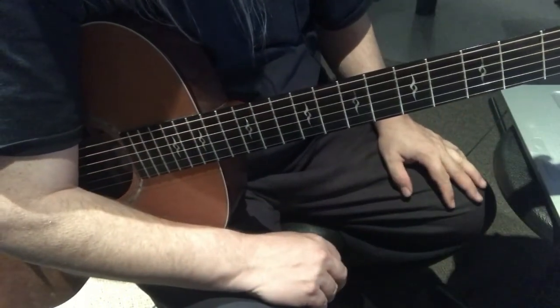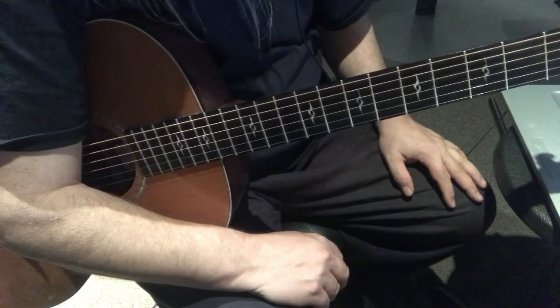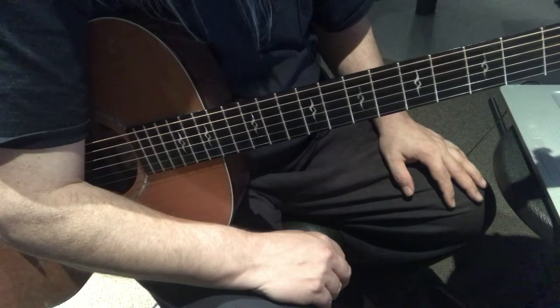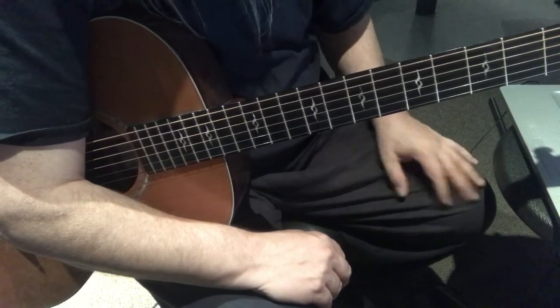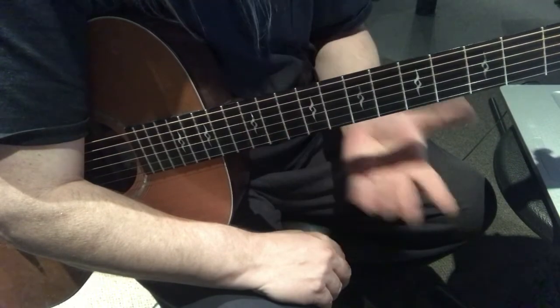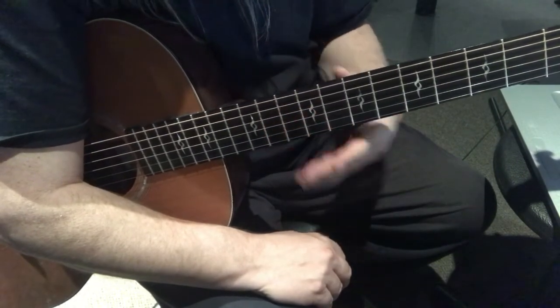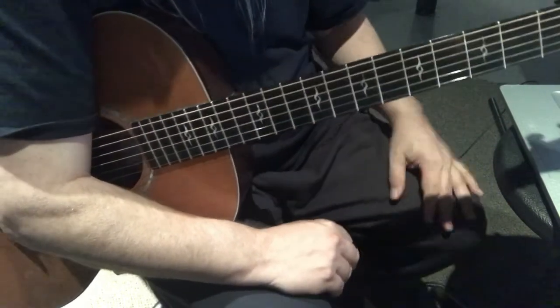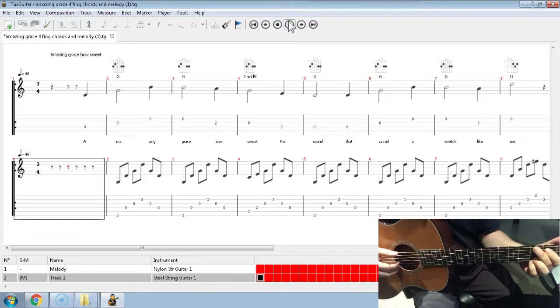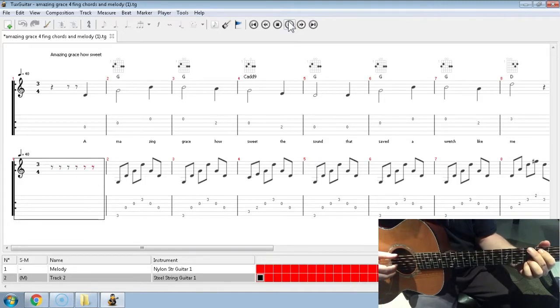So let's go with the ladder. Now we're going to do 40 beats per minute. I'm going to mute the computer, the Tux Guitar fingerpicking part, and we'll just hear me doing that. I'll play it through one time. Hopefully you're playing along with me. Then the second half of it, the second time around, you go ahead and play it by yourself. Here we go. 2 and 3 and...